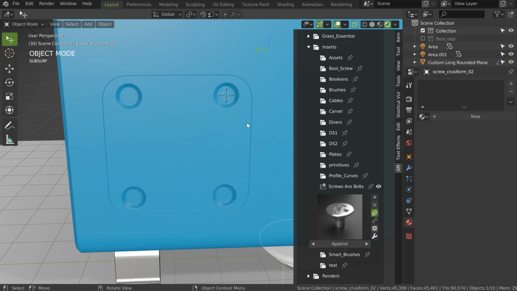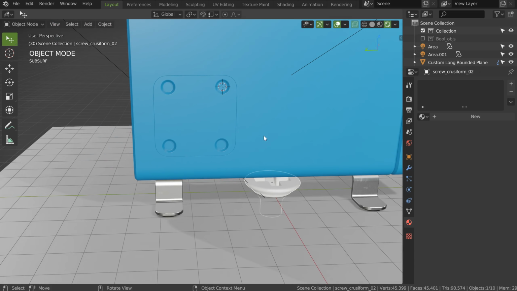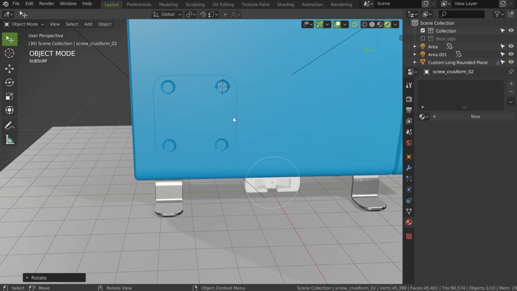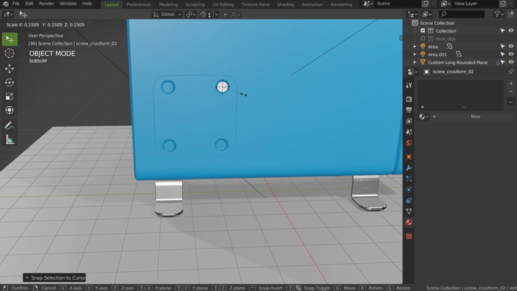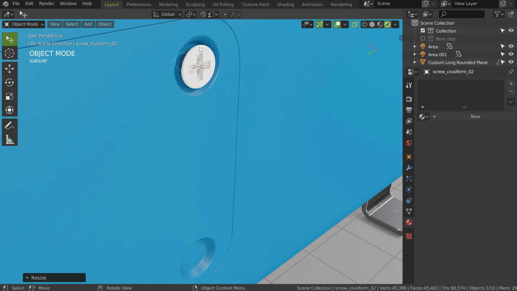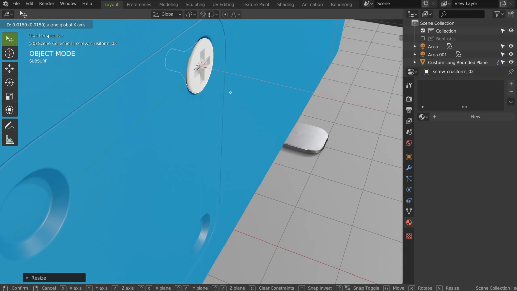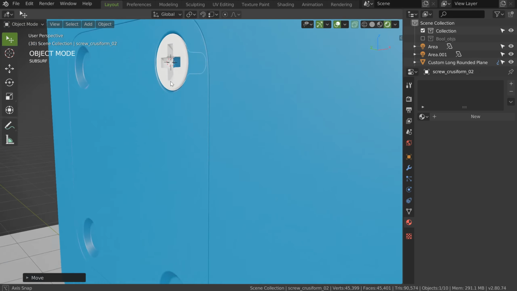I will click, I will press N. I will make a rotation, RY minus 90, like that, and I will press Shift S, selection to cursor. So I will scale it, I will move it up, maybe scale it here, just move it here, to have something like that.